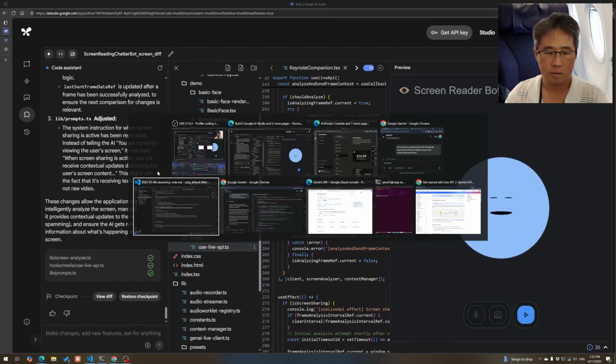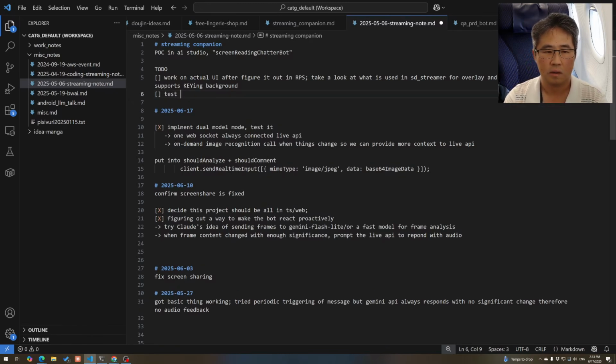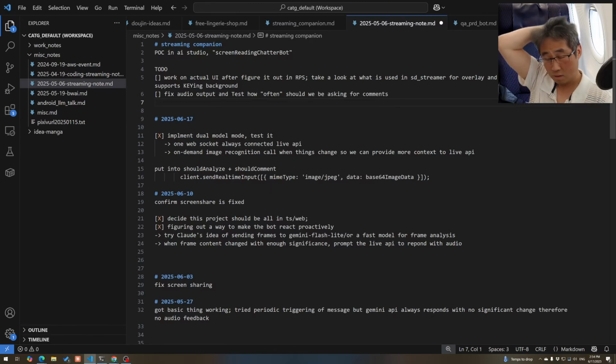So let's go back to our notes here. What I think should be the to-do for next time is test, fix audio output and test how often we should be sending things, asking for comments, because I think it was talking a lot, and I don't know, we'll have to tune it, I guess, and there will also have to be some other things